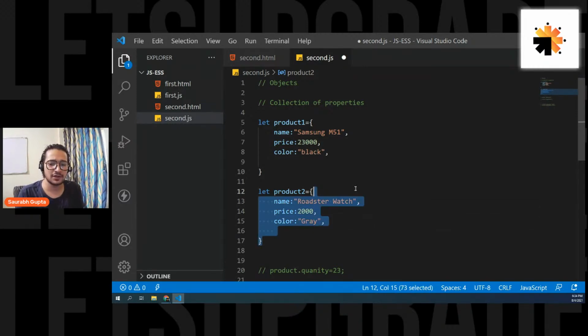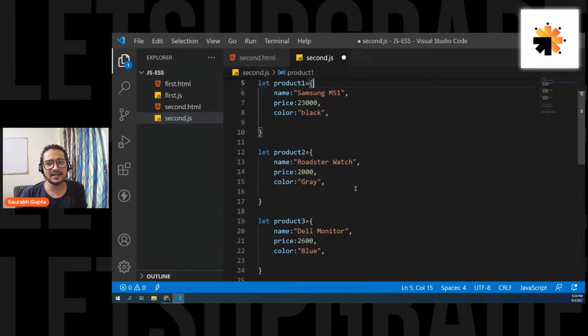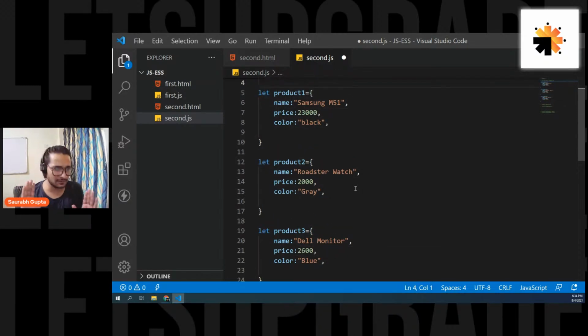Okay, let's say you have 3 products. So I decide, fine, I need one more object. Let product 3, with anything like 26, and something like this. So now I had 3 objects and I simply created 3 different objects. That's perfectly fine. It is not a bad way. It is also good, but not the best way. Why? Because think of it like this. What if you have thousands of products?